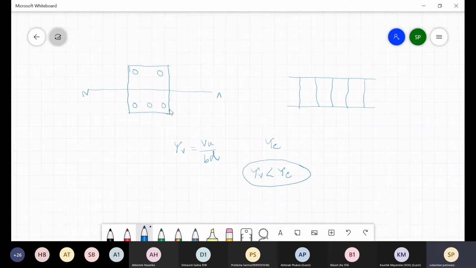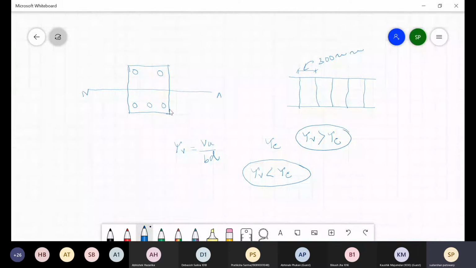Though we are providing stirrups as a whole to hold these two bars, compression and tension, at a regular interval, that is a maximum of 300 mm center to center distance. Sorry, maximum spacing. That means the distance between two stirrups is 300 mm at most. So though we are providing this much, if your tau v is greater than tau c, then we have to design the beam from the point of view of shear failure also.